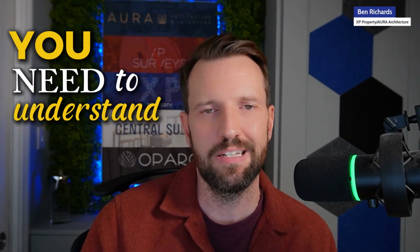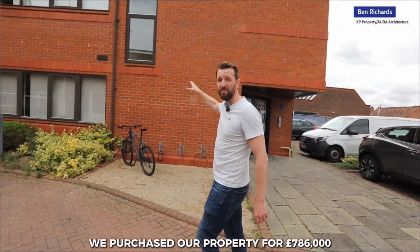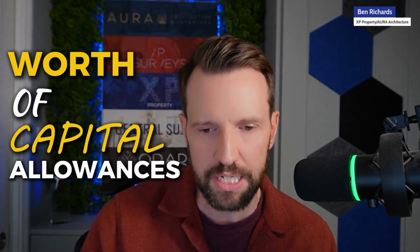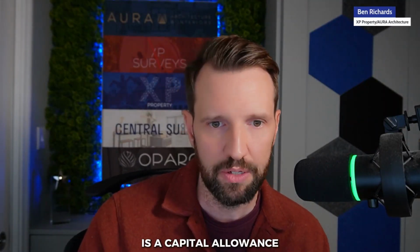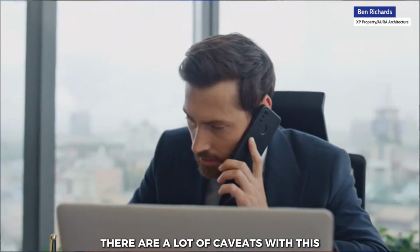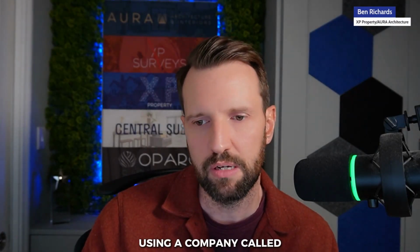You need to understand this tax hack because it can save you a lot of money in tax. We purchased our property for £786,000. There were £155,000 worth of capital allowances. 20% of our purchase price is a capital allowance, which allows us to offset the amount of £155,000 against our tax bill. There are a lot of caveats with this, and this is why you absolutely need a specialist to come on board. And we would recommend using a company called